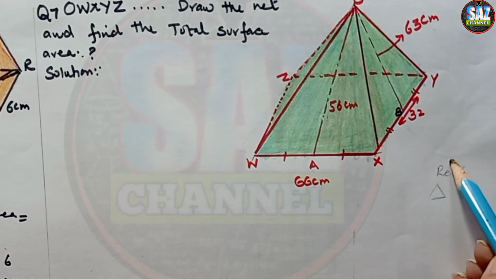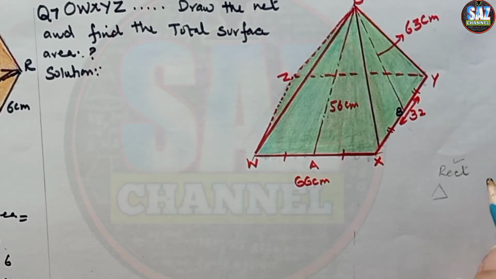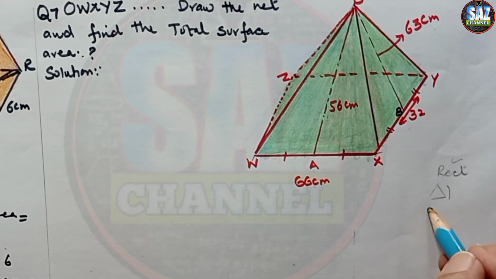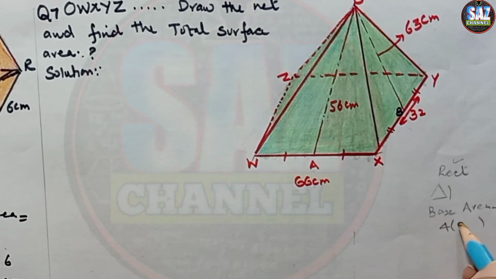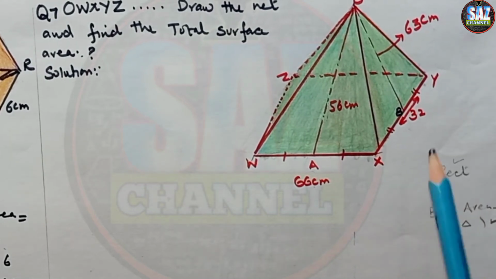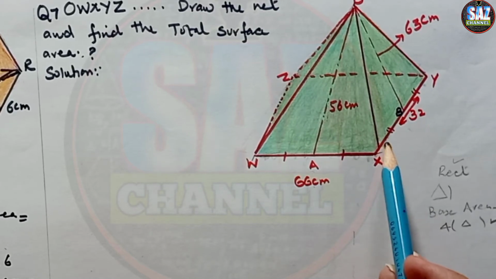Out of that area, one is rectangle, and now it's important to understand that if the base is a square, then all 4 triangles are identical. So after writing base area, we just have to multiply area of one triangle by 4 and we can get the answer. But here the problem is that the base is a rectangle, so all 4 triangles will not be